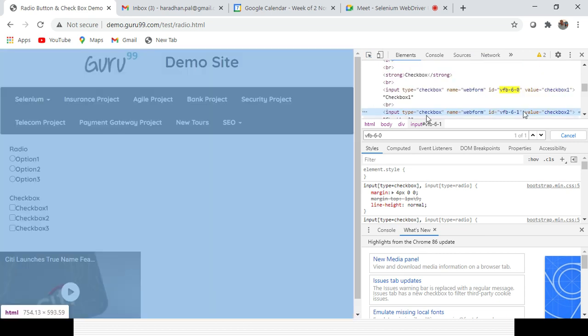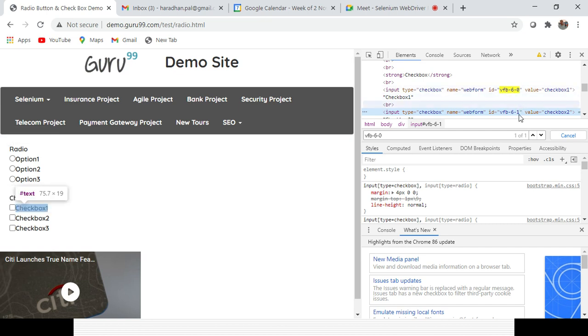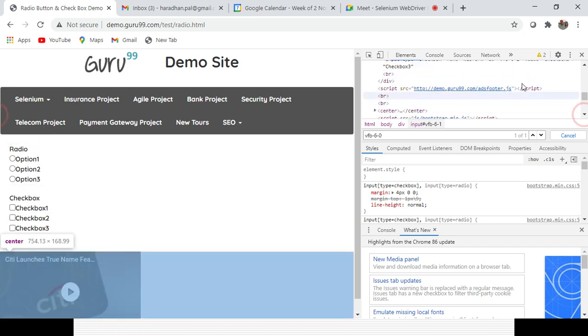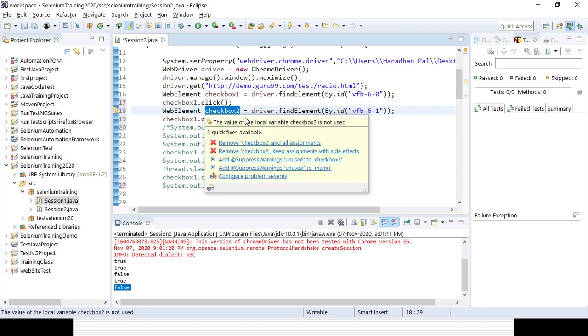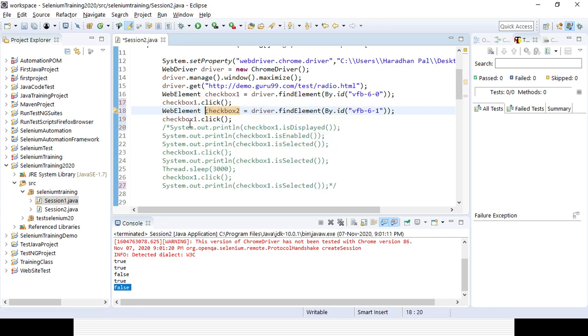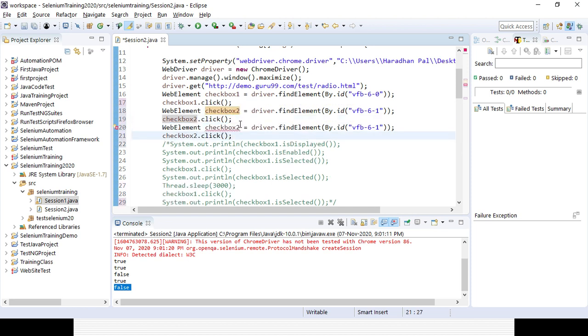You can see the IDs are 0, 1 and 2. These are the 3 checkbox IDs. So I will identify checkbox 2 and click it, and also identify checkbox 3 and click it, so that you can see all 3 checkboxes get checked. Here the ID will be 2, and here it will be checkbox 3.